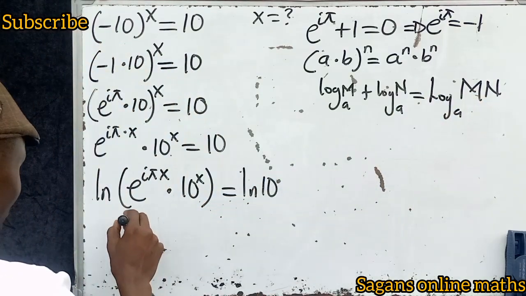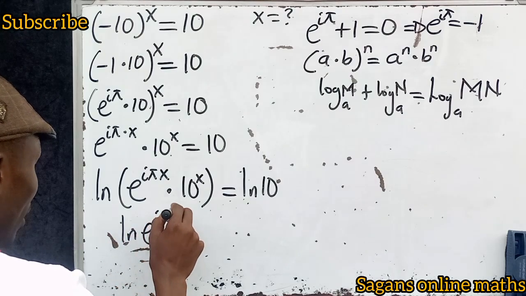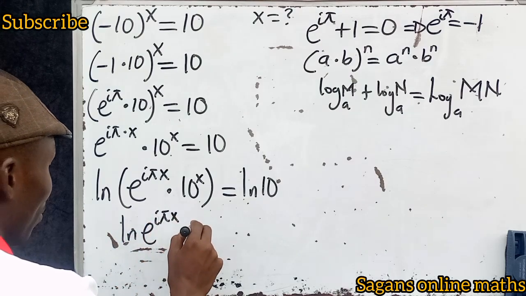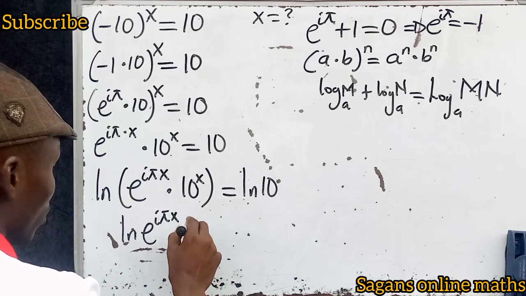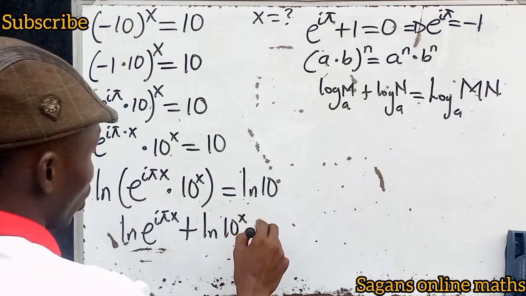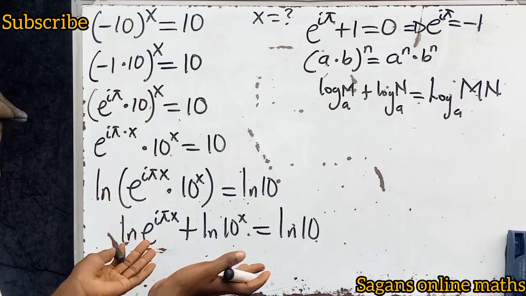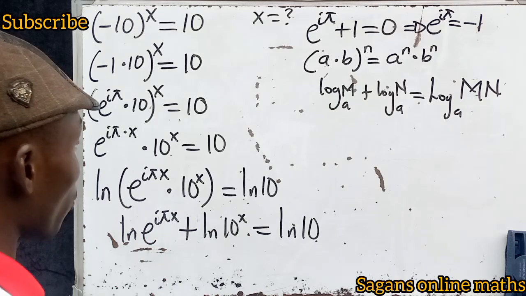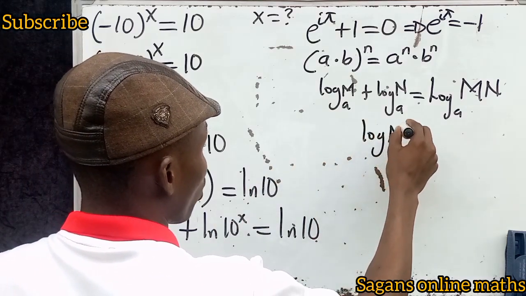So now this is ln(e^(iπx)) plus ln(10^x) equals ln 10. Wow, this is pocket genius, right? Now let's also obey the properties of logarithm. Therefore, log m to the power of